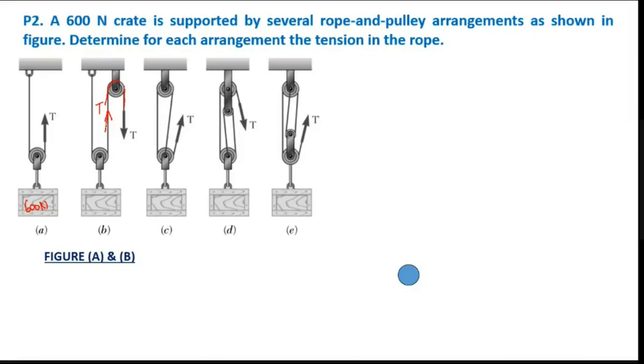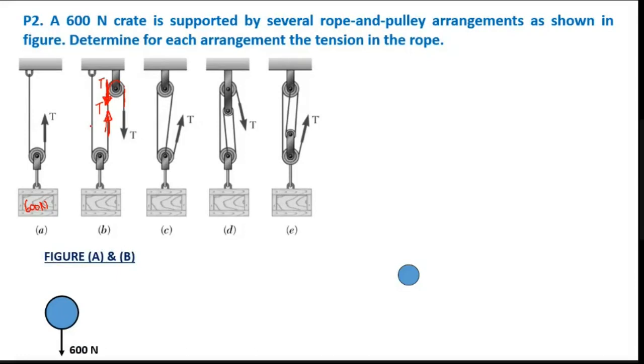I have made this arrow considering this pulley as a free body diagram, right? If I want this as a free body diagram, your arrow will be like this, in the opposite direction, right? Since this is T, this is also similar to this. You can see that this part and this part are similar now, right? So I consider this figure. This is my pulley.